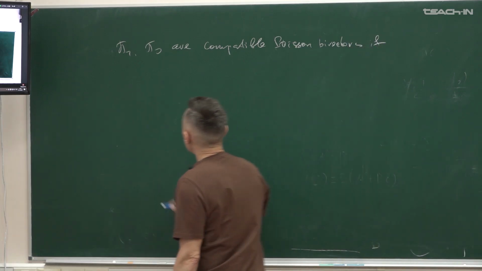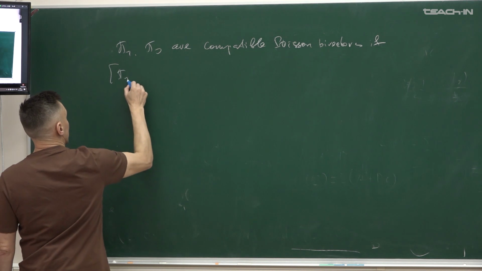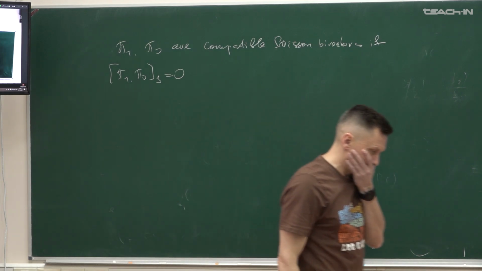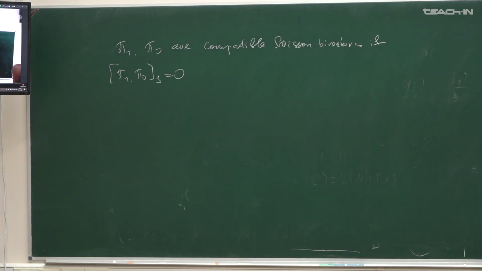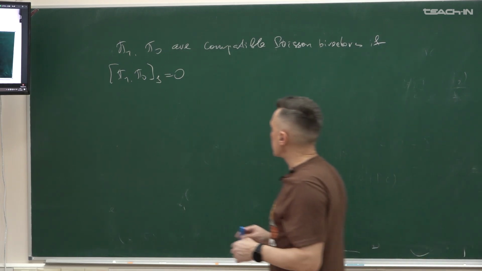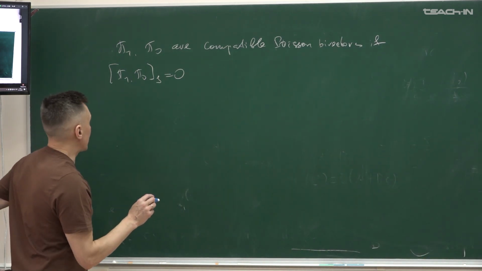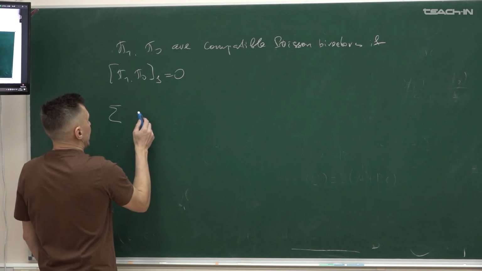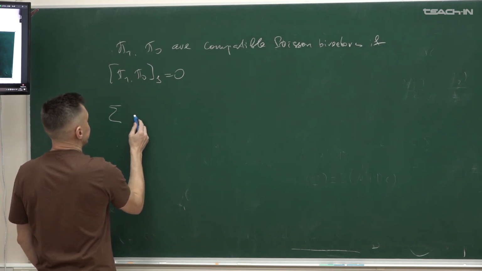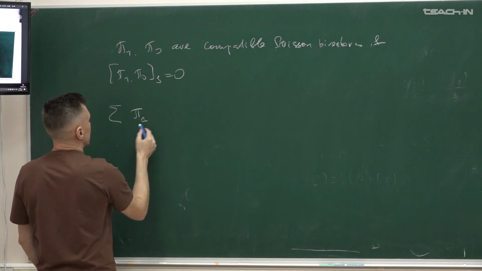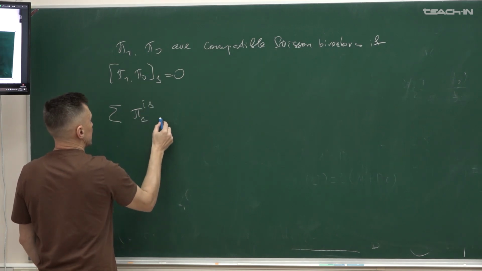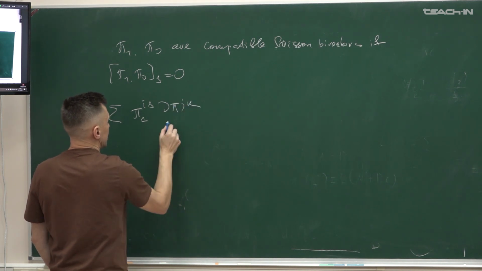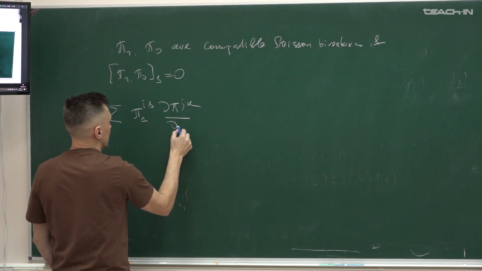if this Gaudin bracket is 0, so I express this condition as some differential equation. So it is the sum of pi 1 is d pi dk dxs,